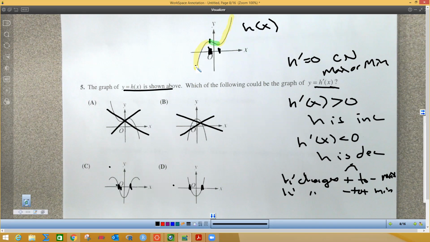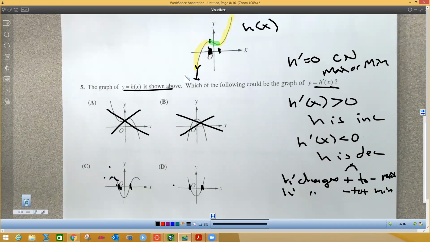Now there's one little thing here. Do you see how this thing continues to go down? Doesn't this mean that the decreasing slope is getting bigger and bigger and bigger because it's going straighter down, and this one's going straighter up as you go? See this little thing right here? This has a 0 slope there, which means we should have a concavity change in the original graph, because H prime is increasing to decreasing, so there should be a concavity change out here,